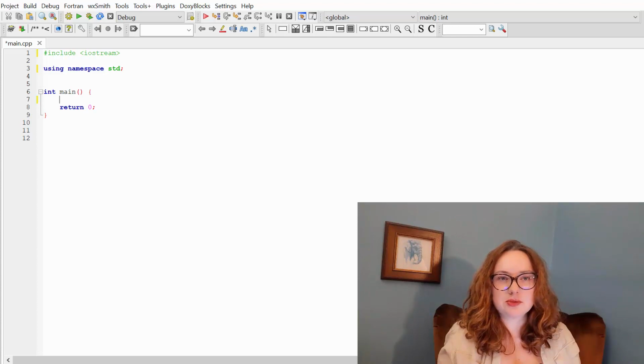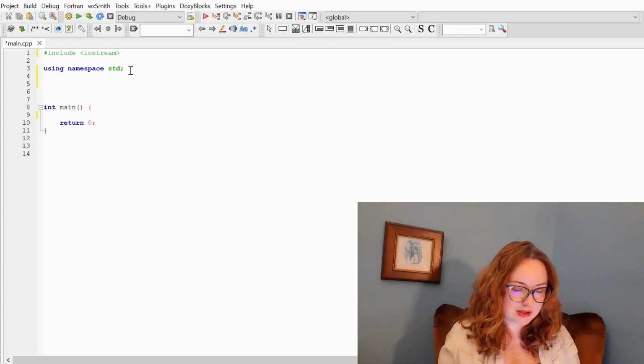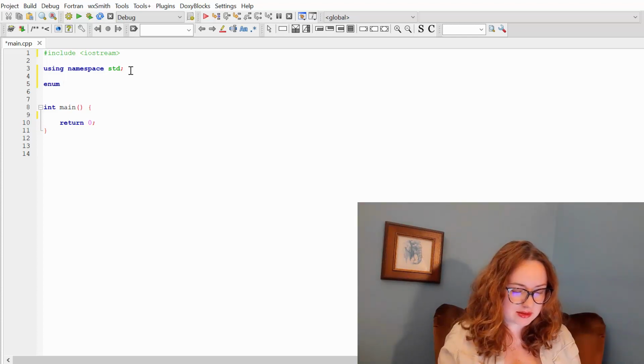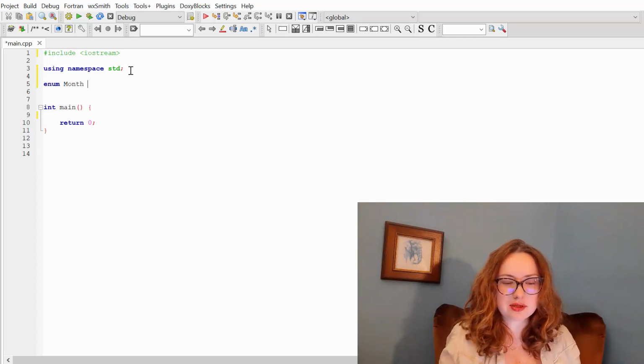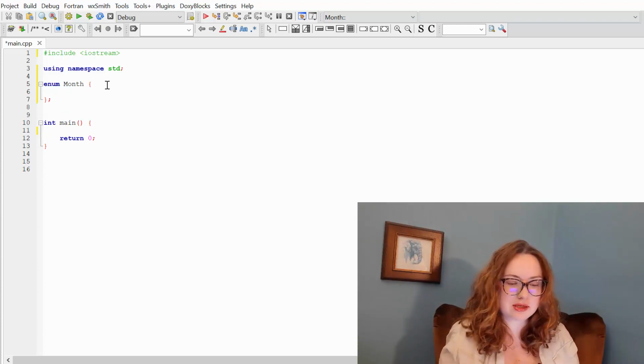Enum, that is short for enumeration, provides a powerful way to create a fixed set of constants, making your code more readable and providing a way to avoid many mistakes. So to create this enum type, we need to go outside our main function and use the keyword enum. And now we should give a name to our new data structure. I'm going to name it months, since we are going to store months there. And in the curly brackets, I'm going to write all 12 months of the year, January, February, and so on.